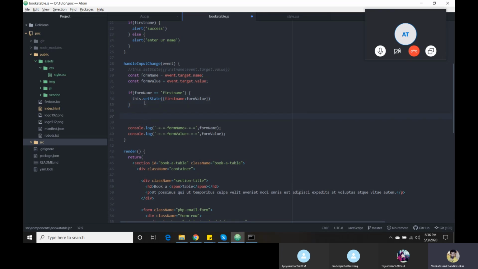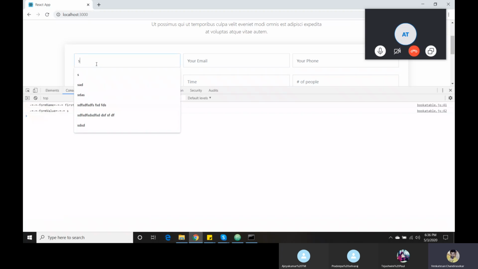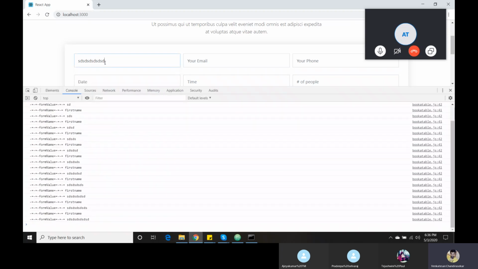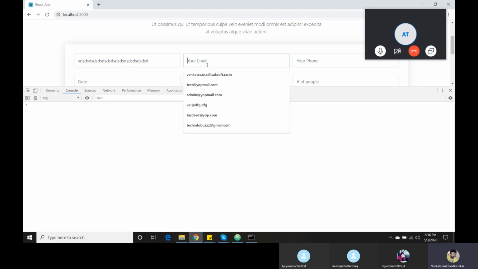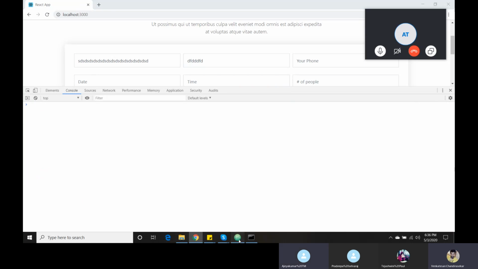If the form name equals email, then probably it will come here, simple if else condition. We don't need to change here and there. It will differentiate. If I click something here, the state value will be working fine. Now I am going to change my email, then it is fine. You got it? Have any doubts in this?